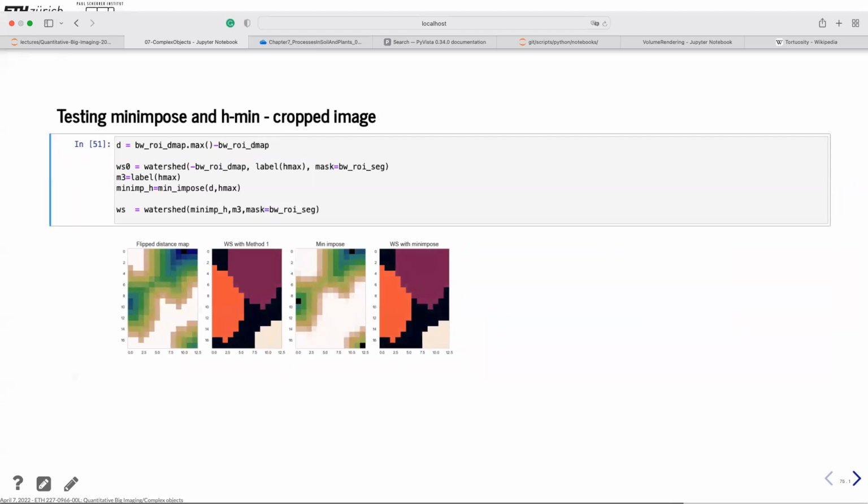And what we do when we look at what's happening is first we need to get the distance map. And when we run Watershed with the first method that we did before, it looks like this. And if you run min-impose, the difference you can see is that here, the minimum, and here the minimum, this one is much more localized. And the same up here. This is a wider area, and this is more localized around the point of the